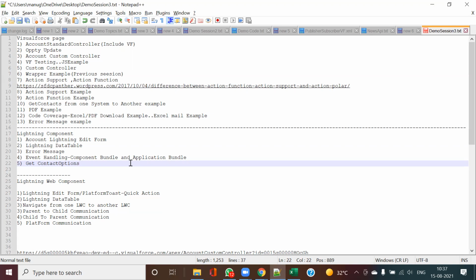But somehow you need to know Visualforce, because only then will Lightning components and Lightning web components be easier to understand. Plus, in case there are migration projects, there you need to know Visualforce. Trails you can check.